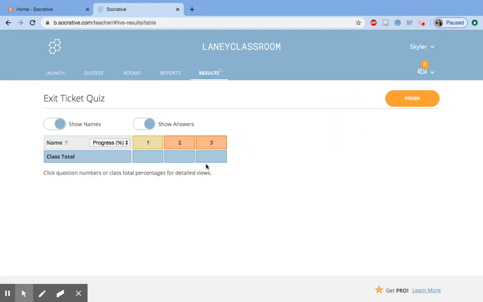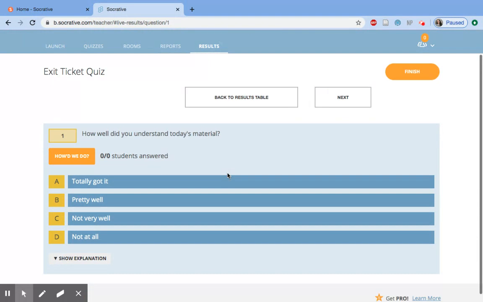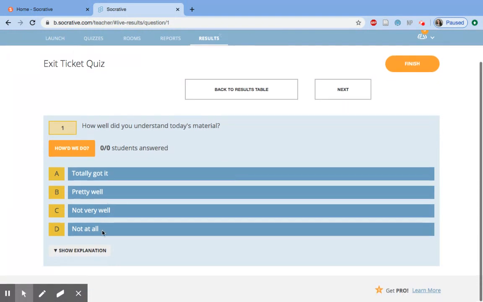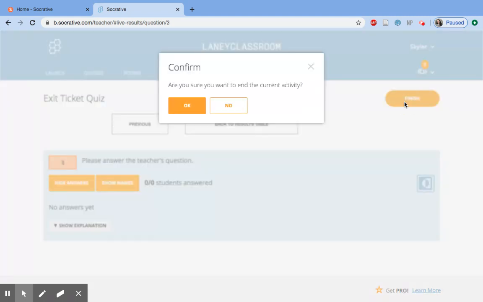results here. It will not show you any other options because it is non-customizable. But here are the questions as I explained earlier, and there are the possible answers that students will be able to get. And so then you can talk through it after each student is done and you've finished with the